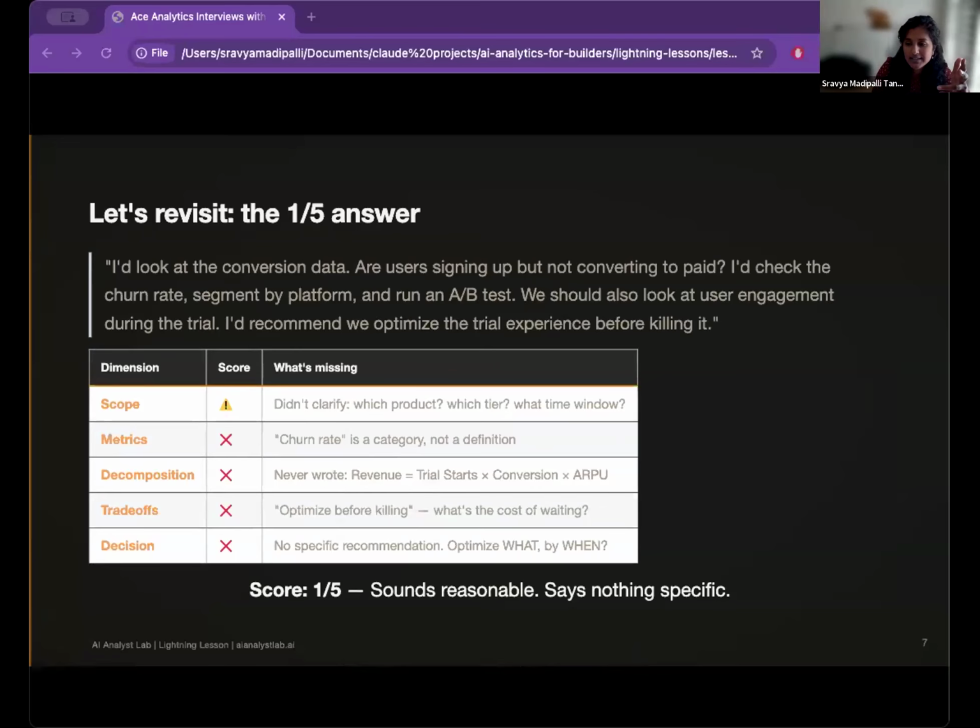So remember, if you have this question that I asked, and you didn't clarify which product, which tier, what time window, you basically did a basic V1, a first level of clarification, and you did not go into the depth of different layers of clarification. That is also an alarm that, oh, this person's not thinking this through, right? And then regarding metrics, understanding the detail of what that metric actually means, its decomposition, and the trade-offs, I'm talking about cannibalization. These are some things that people look for when we are grading how good the answers were